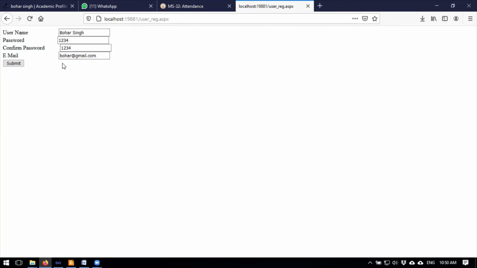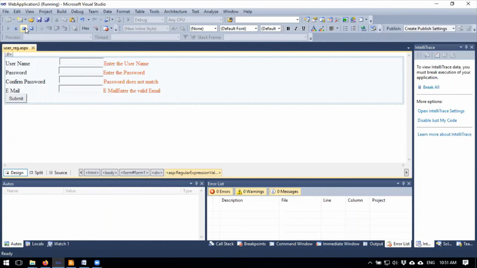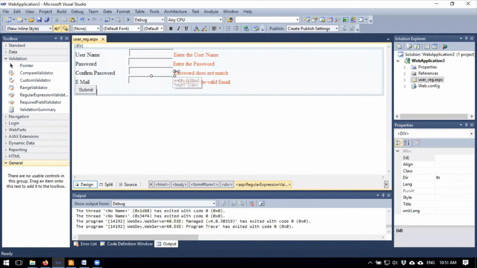Now this is a valid email ID, valid password, confirm password, and valid username. So all the validation controls I have applied on the submit form. Then stop it. In this way, you can apply multiple validation controls on the given form.